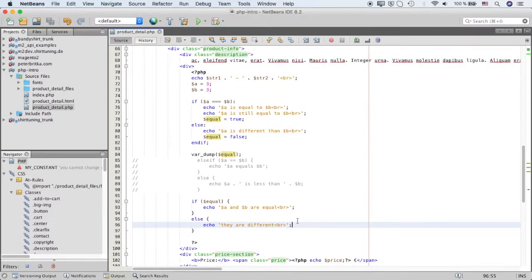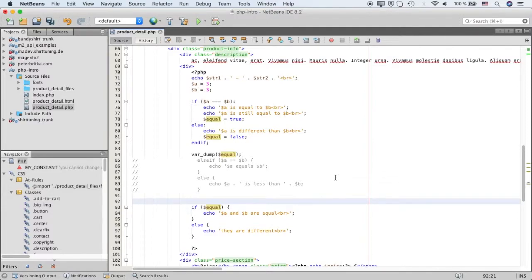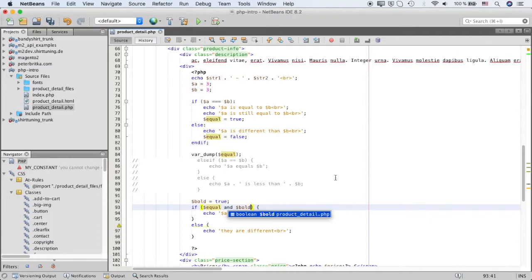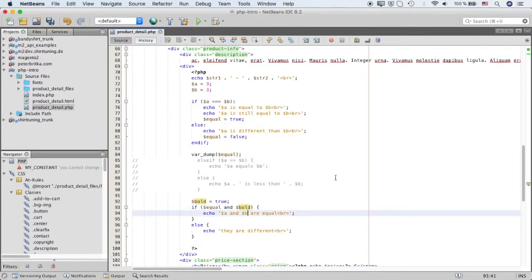We can also combine conditions inside the parentheses in if blocks, either with the and or or keywords. I will show you the differences. First, let's define a new variable called bold and assign it true. If both of these variables are true, equal and bold, we'll add some HTML markup here and make this sentence